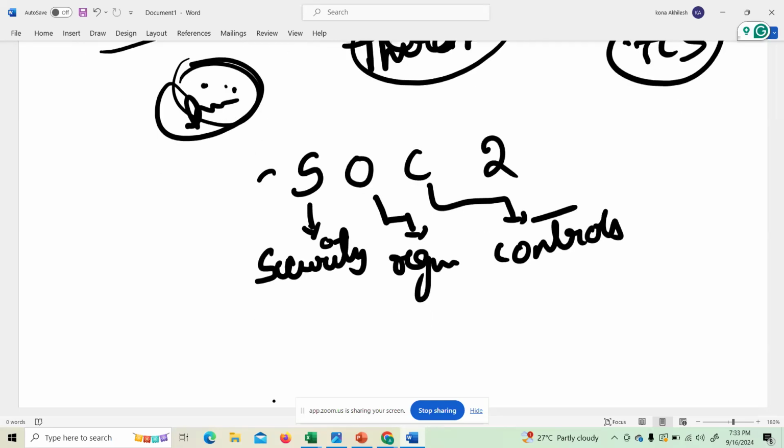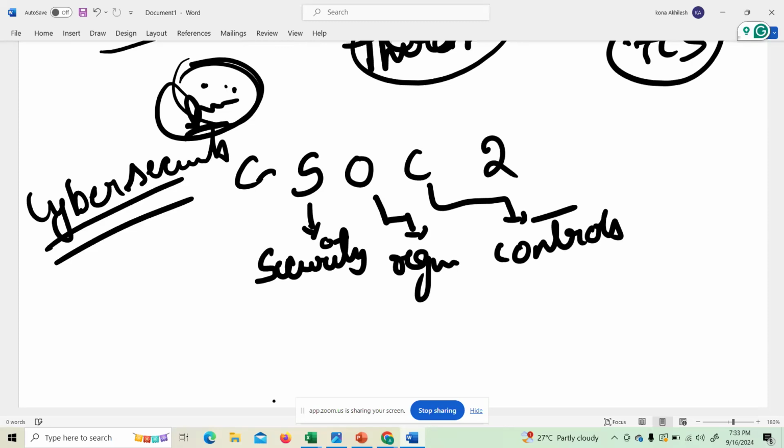Security Operations Center comes under cyber security. SOC 2 means Security Operations Center, and there is another name, system and organization controls. We can call it both.